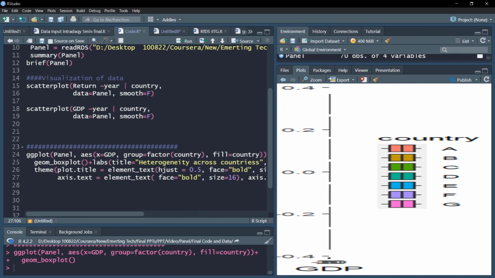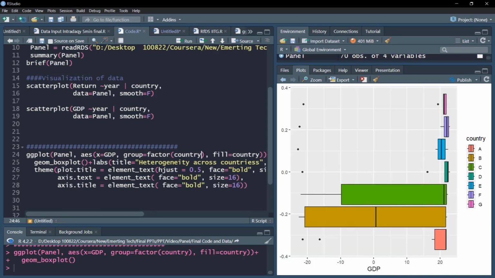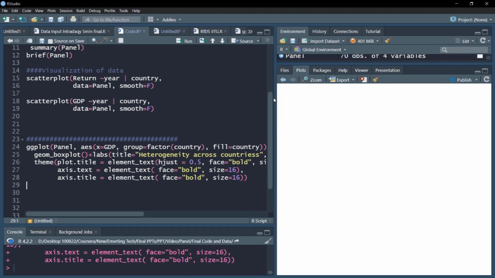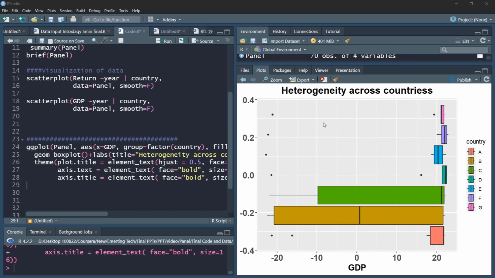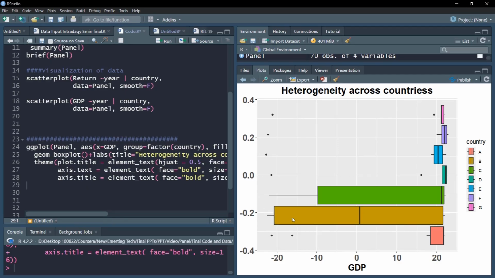Let me slightly enlarge the plot window and show you how it appears when I run it. We can see a very interesting plot appear now. The box plot is a very useful way to visualize data. Each box is a set of certain parameters. For example, the upper and lower ends of the box are the 25 and 75 percentiles, Q1 and Q3. The median line is the 50th percentile, which is at the middle of the box. The ends are whiskers, which represent the range: from the 75th percentile onward you will find a whisker, and below the 25th percentile you will find a whisker. These are the range of the data.